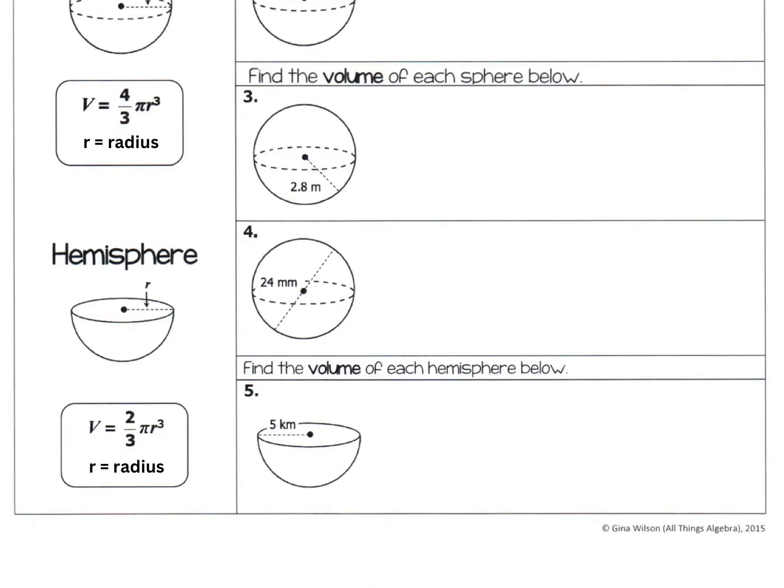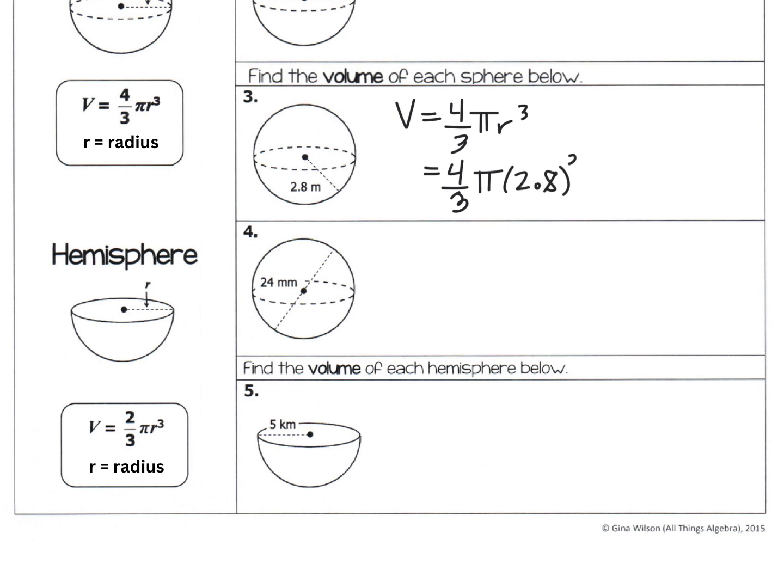Okay, so let's try number 3. Again, volume is 4/3 pi r cubed. Because you're given a decimal to start with, it's fine with me if you actually get the whole decimal answer. We'll go ahead and multiply by pi and round the whole thing. Okay, our radius is 2.8. 4/3 times pi times 2.8